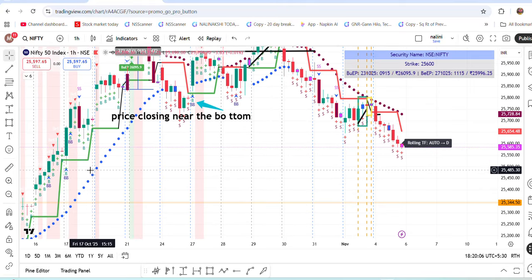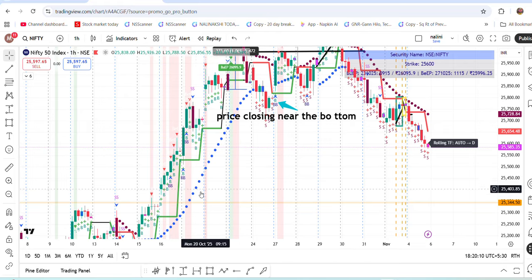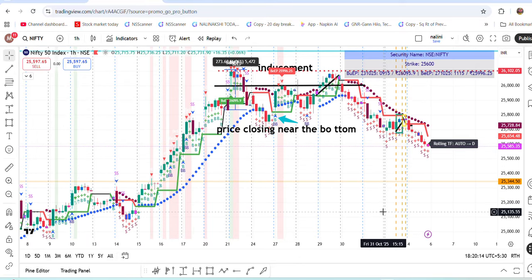Price has moved here. It has come down to this level. And if you go back to the history, there are so many EPs. We need to see where the institution is entering into the market. We'll get reflection there, at the time of reversal, you will get reflection at the call option.